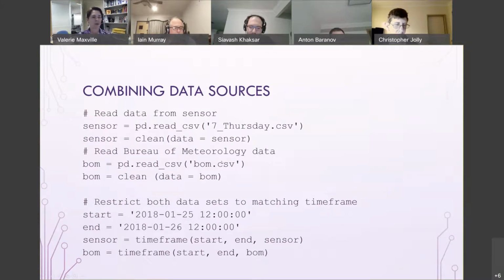So the Bureau of Meteorology in Australia is looking after collecting and sharing weather data, so we can get local weather information from there. And so we take that and we also put it in a CSV, and we make sure that everything is matching in terms of going through that same cleaning process, which will give us the same. Make sure that we're looking at the same time period. So we've got the start and end time periods for each of them,